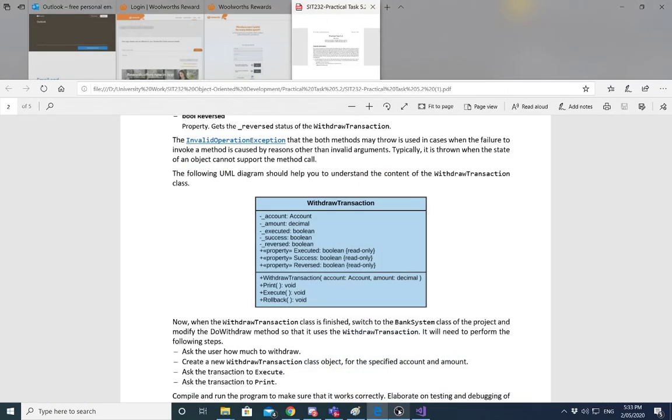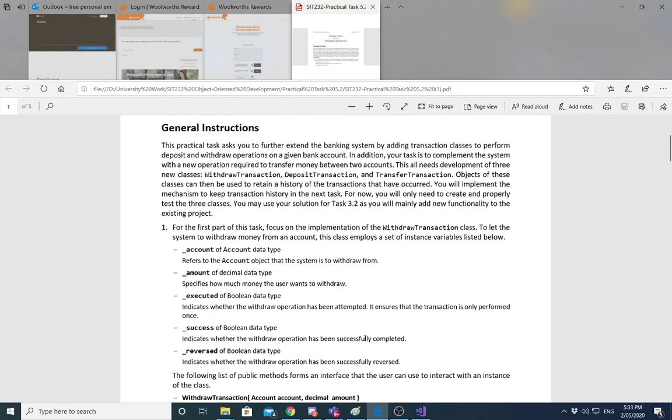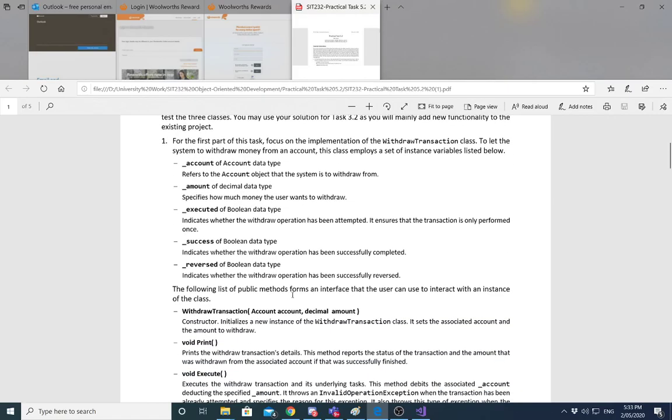So this is my task 5.2. In this task we had to create 3 different transaction types. We've got a transfer transaction, deposit transaction, and a withdrawal transaction. First part of this was to create the withdrawal transaction. I have that